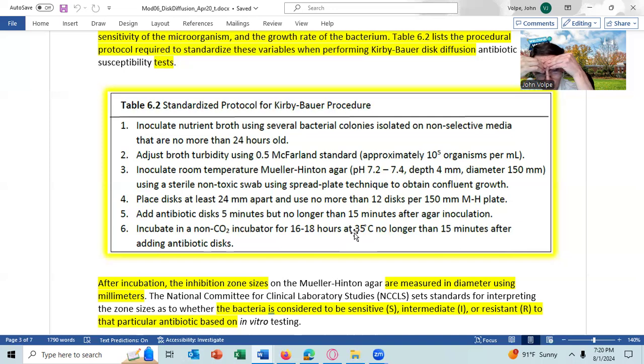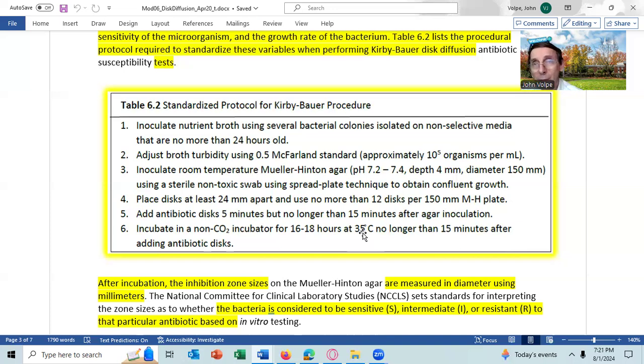If you grow for a longer period of time, I believe the zone of inhibition will be smaller than if you only use 16 to 18 hours. And it really depends on the species, but if you grow at a higher temperature,